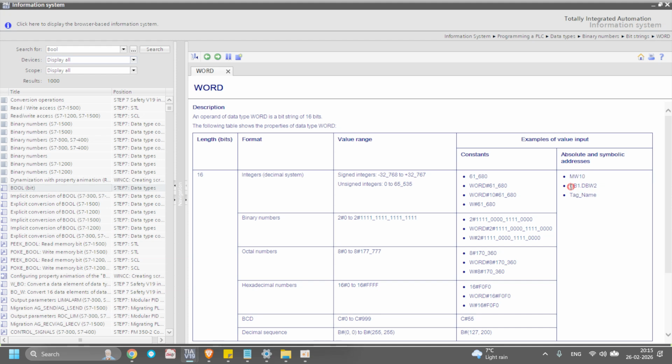Next, DB1.DBW2. This is the range, minus 32768 to plus 32767. If you are not using the signed one, then the maximum range is 65,535. This is the word.